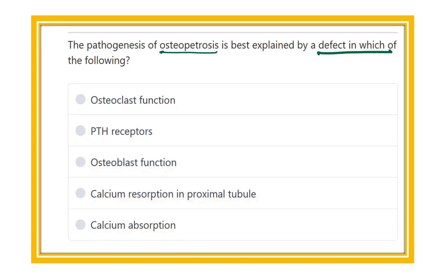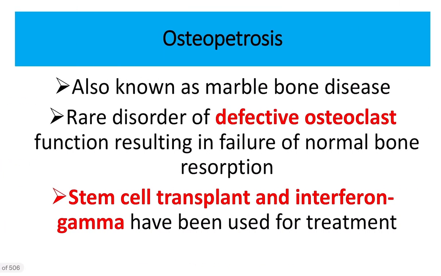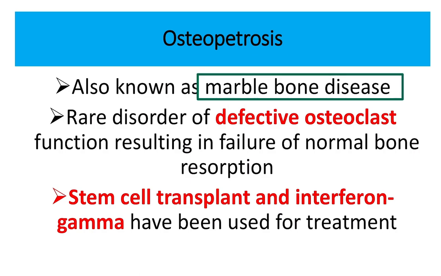So what defect occurs in the case of osteopetrosis? Osteopetrosis is a bone disease in which abnormal bone turnover occurs. It is also known as marble bone disease, and it is a rare disorder due to